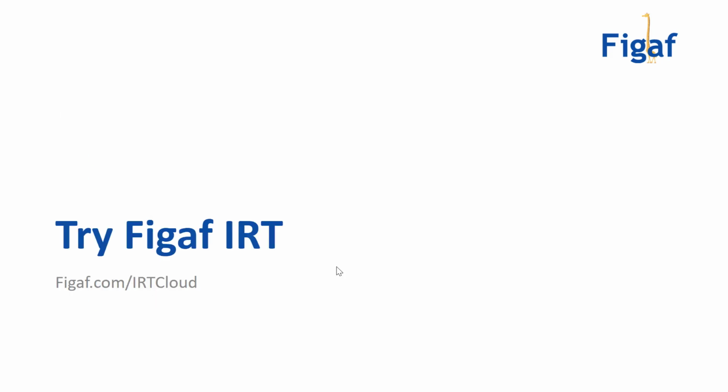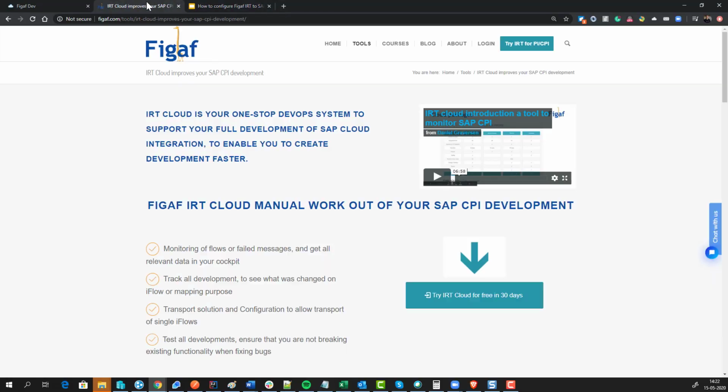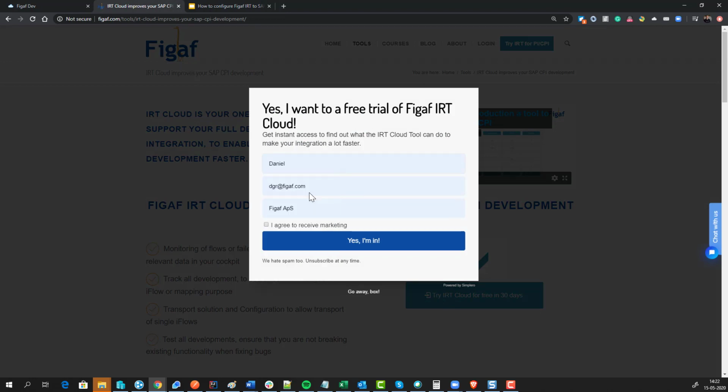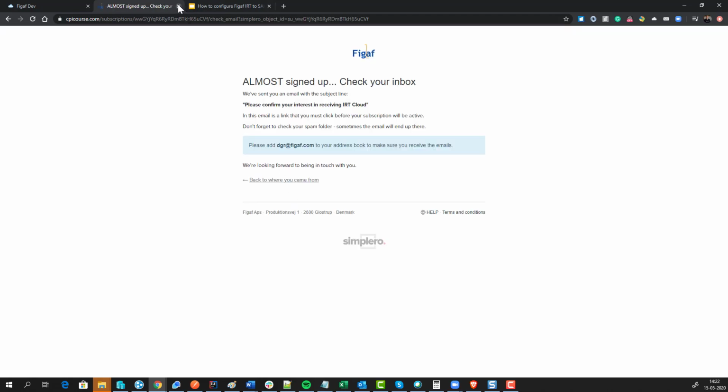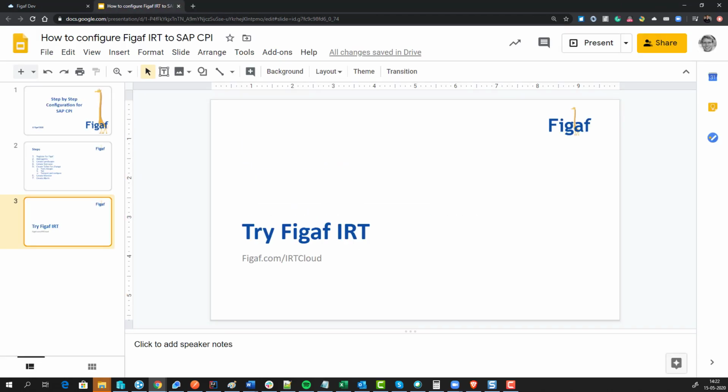First off is we want to go to figaf.com/IRT cloud, and I already did that. We will try it out here. Download the trial. You have your email address. And you need to select receive marketing material. And you will then need to approve this has occurred. And once you have approved it, confirm your interest